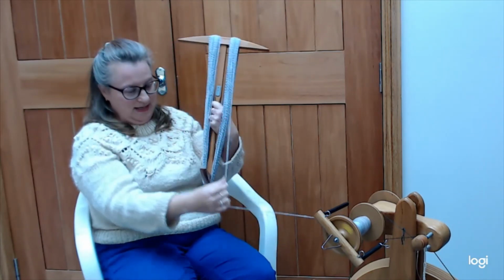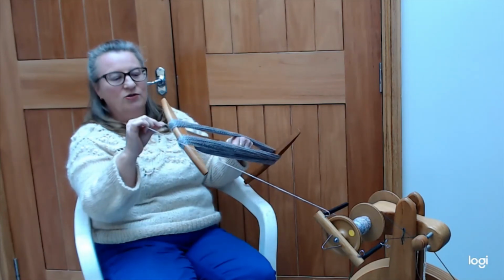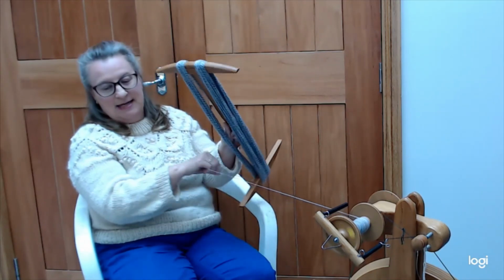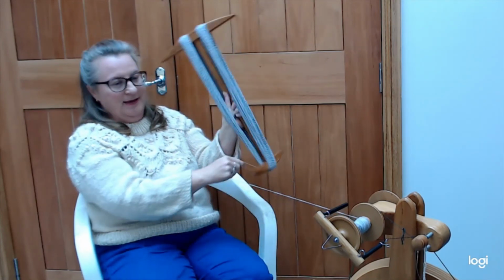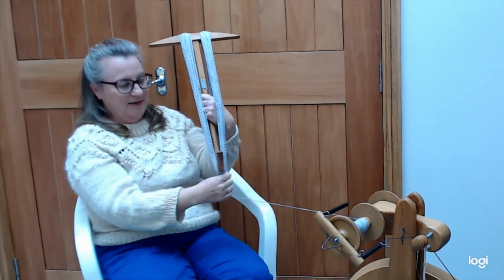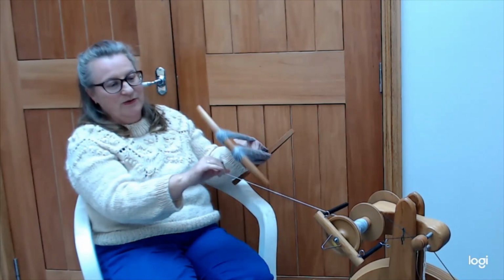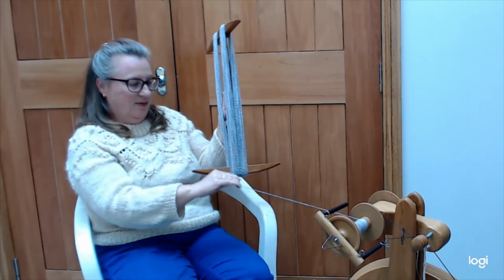I have been eyeing off the Stephen West Shawlography, the 2021 shawl knit along, and I know a lady who has knitted that, and it is just gorgeous. So I'm thinking very much about buying the pattern for that, and then maybe using some of this wool for that. But then I'd have to have some bright colours as well to use, or whether or not I make a shawl